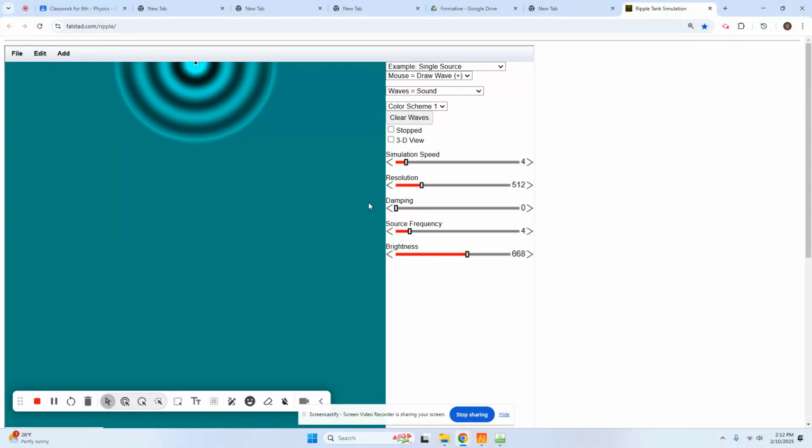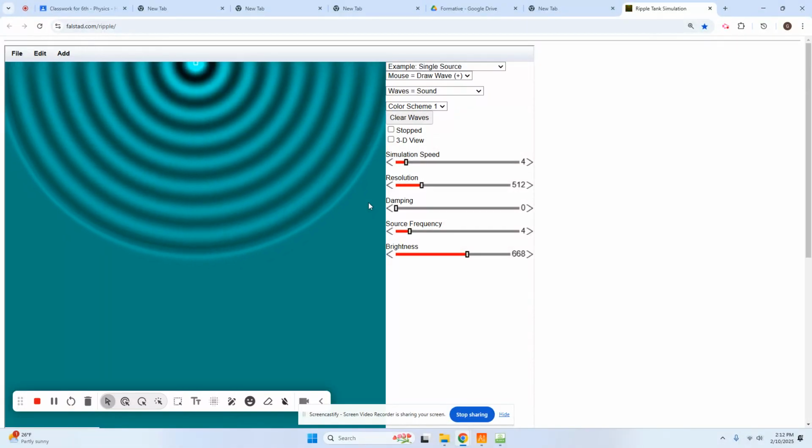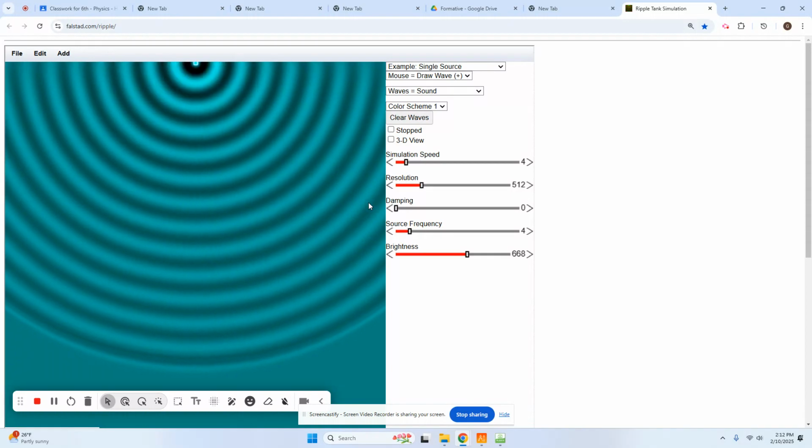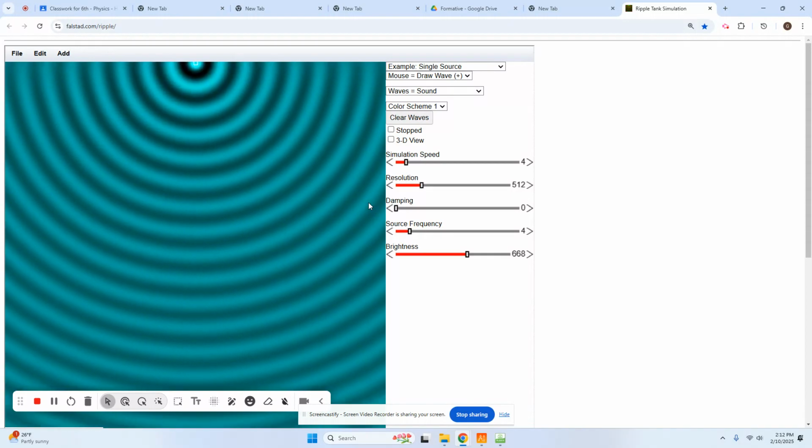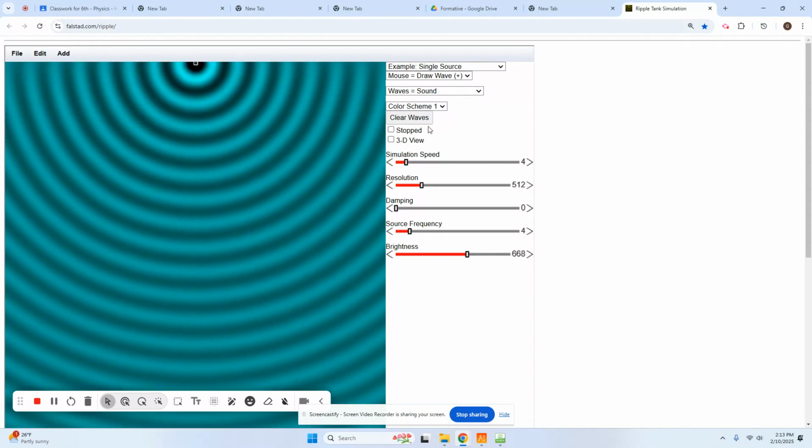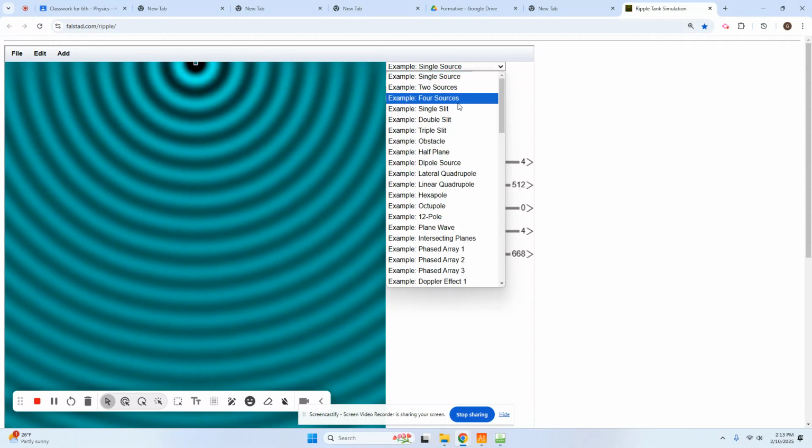So here's a ripple tank. A ripple tank is a way of visualizing water waves. And maybe Luca can grab the lights for me. This point up here is what's called a point source, and it's producing circular waves. I can change that from a point source to